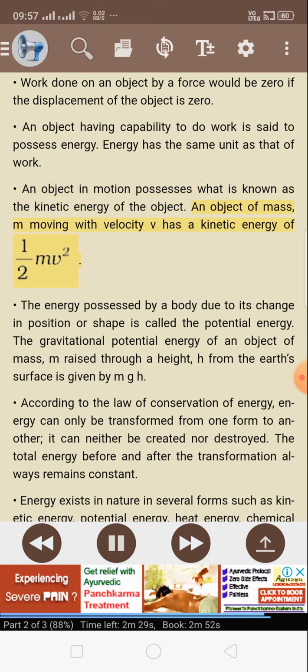An object of mass m moving with velocity v has a kinetic energy of. The energy possessed by a body due to its change in position or shape is called the potential energy. The gravitational potential energy of an object of mass m raised through a height h from the Earth's surface is